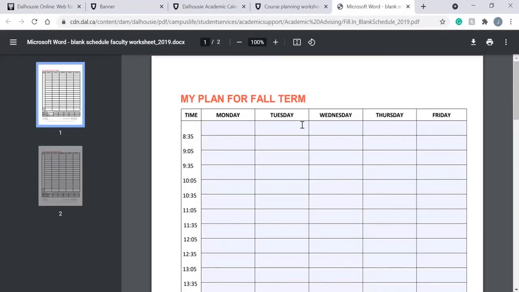And these are just so you can plan out all your courses by time and date so you don't get any overlap. If you do the other method by not doing this, you're going to get some overlap and it's going to take you a lot longer to register for courses than someone who uses this method. So this is our first step: download this worksheet, print it out, and then we can move on to the